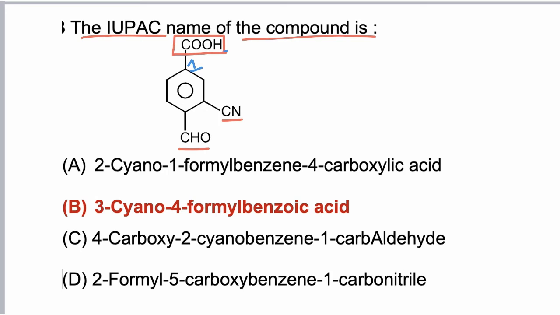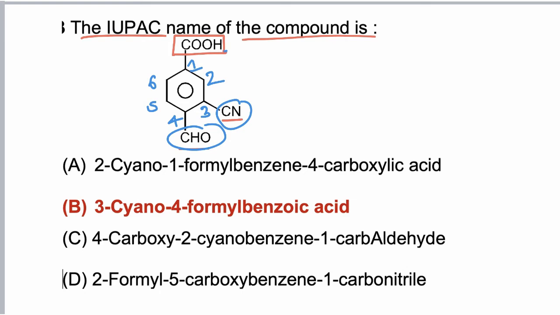So the name of the side chain is hepta-2,4,6-trienyl. Now we have to move to the third carbon. At the third position, the carbon from which CN is attached is cyano. At the fourth position, formyl is attached. Bromo is written first according to alphabetical order, because the lowest set of locants is considered first, and bromo is given higher priority. The substituents are written in alphabetical order.